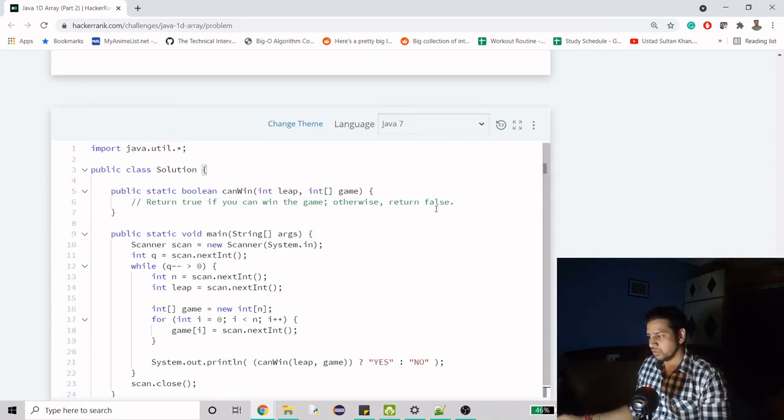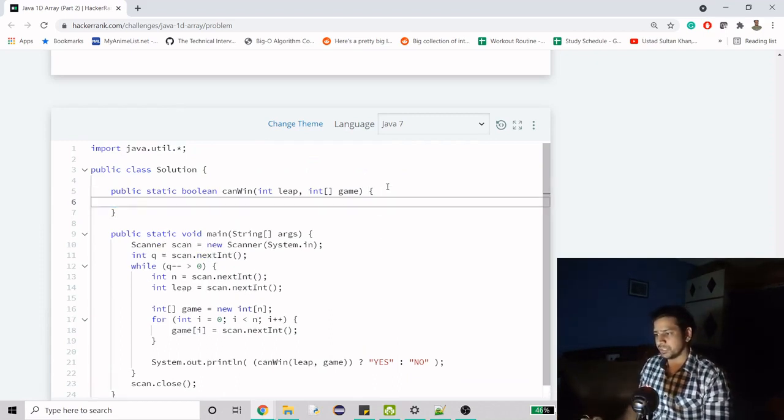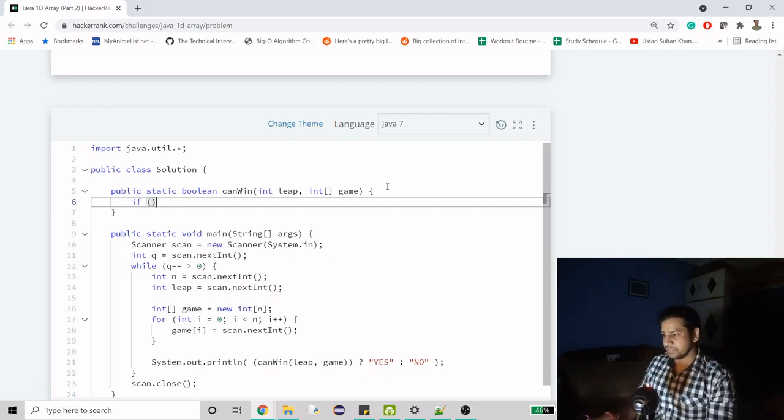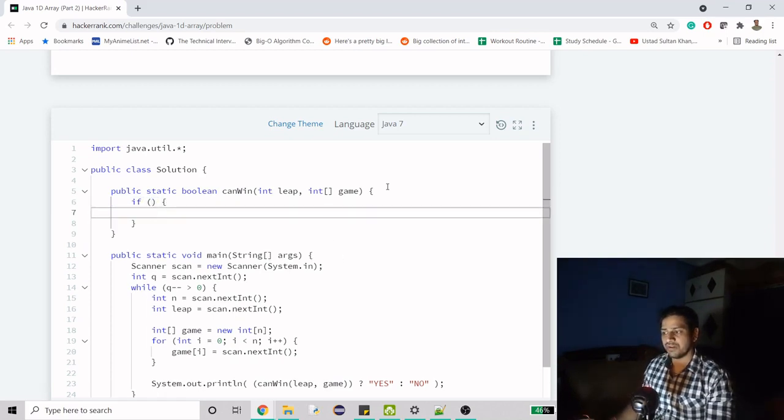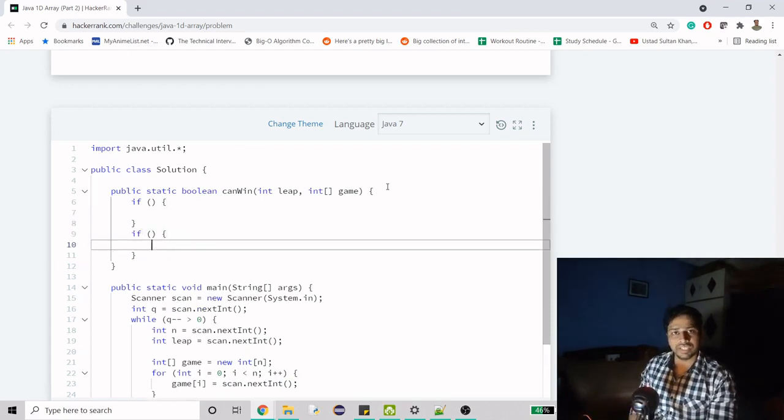I have explained a lot of things, so sorry for the big explanation, but I thought that was needed. So yeah, approach is really simple. Like, there are three things that we have to do. First is the statement that we have to take care of in case we have to return false, or in case it is going to lose the game, right? Second condition is going to be the one where we are going to win the game, right?